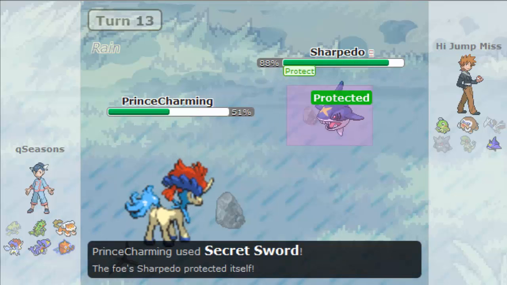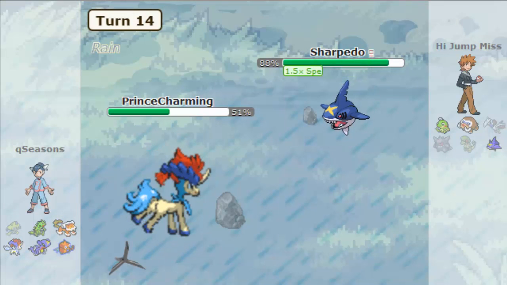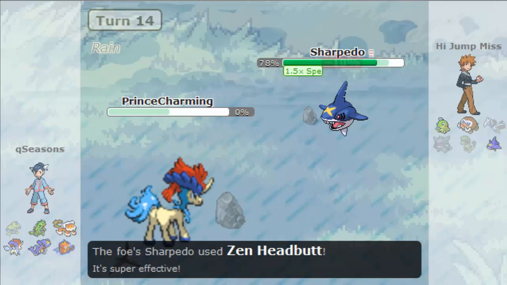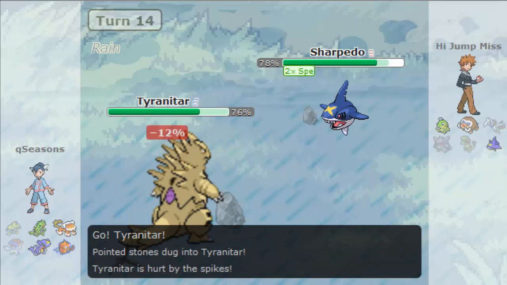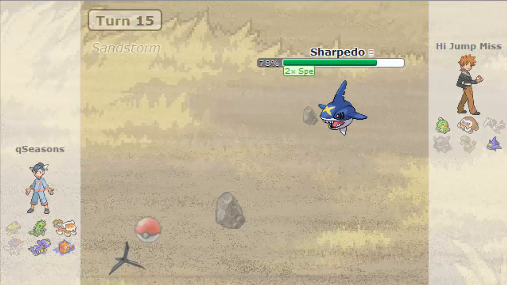And I get to protect off. He goes for the Secret Sword, luckily for me, protected. And next turn I'm going to be free to fire off a Zen Headbutt, so that's great for me. I'm in a really good position at this point, as his team gets pretty much wrecked by Sharpedo. And I haven't revealed Hydro Pump yet. And in the chat he's actually saying he has like a 90% chance to win or something, which is kind of weird. And he goes into Tyranitar just to get the sand up,